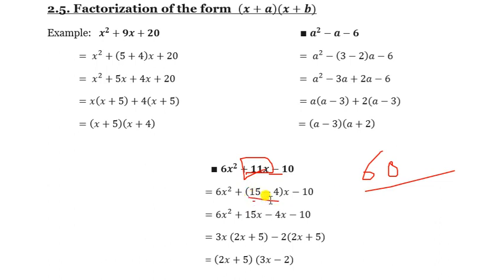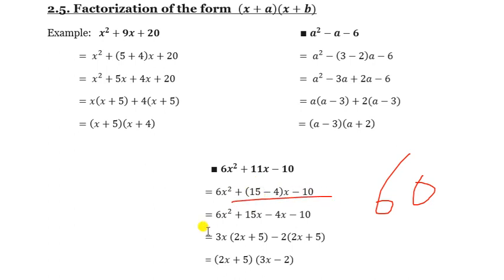That's why you have to choose 15 and 4 only. You cannot choose 20 and 3. Is it clear? We have to calculate with respect to 60 only. Then 15 minus 4 we have to write. Then similarly that x will come as 6x square plus 15x minus 4x minus 10. This x will come inside, with 15 also, with 4 also. Then we can again make a group. See, here one group and here also one group.